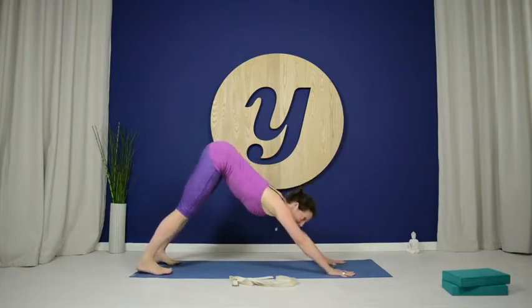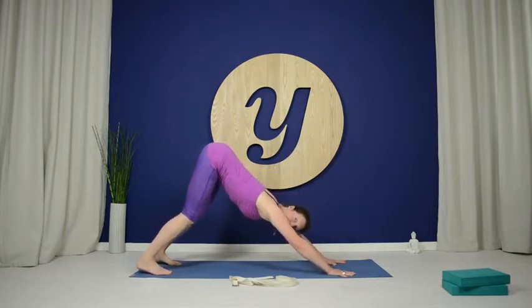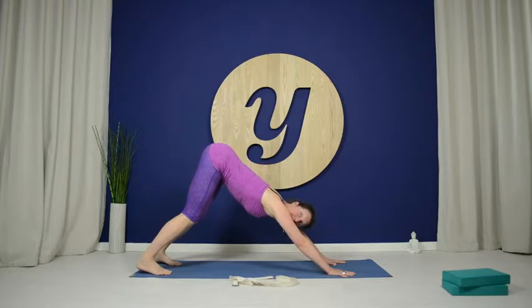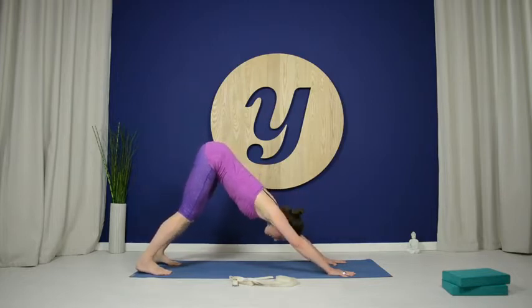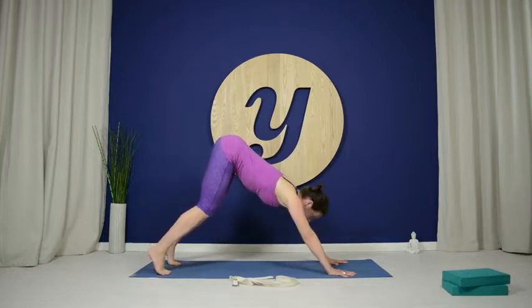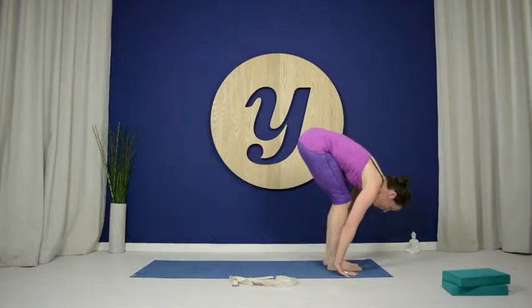So downward dog, the index or the middle finger facing forward, hips reaching up and back, and you can bend your knees a little bit to really lengthen the spine. So there you go, Daniel, lovely. Keep your hands where they are. You can have a little bend in your knees and really press the mat away so the side body is long. We do 5 breaths in the downward dog. 4, and 5. Bend your knees, look forwards,